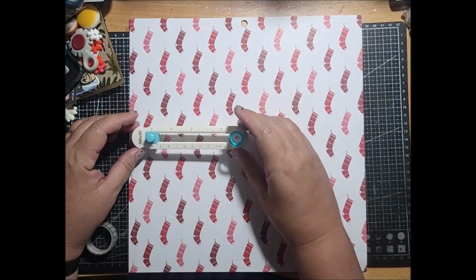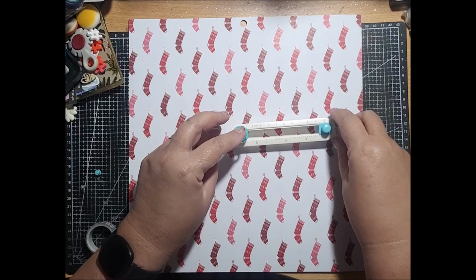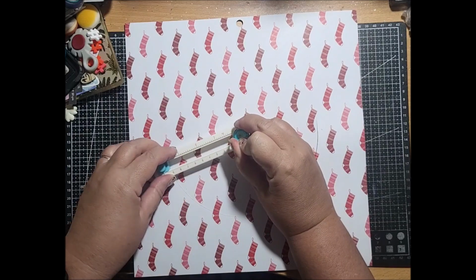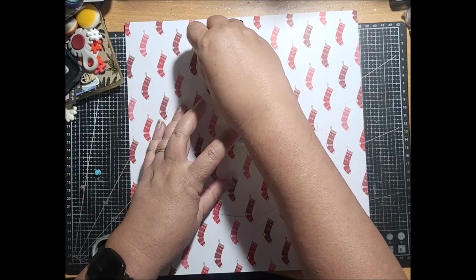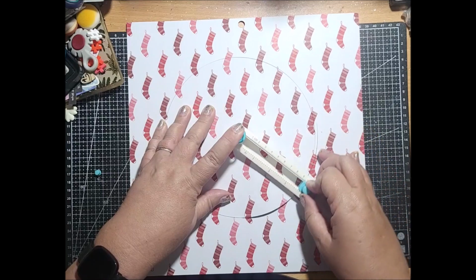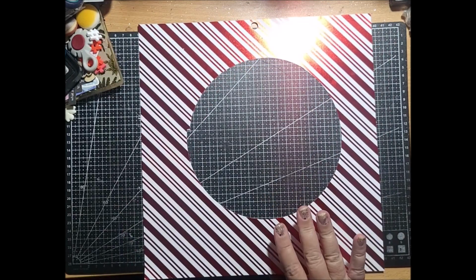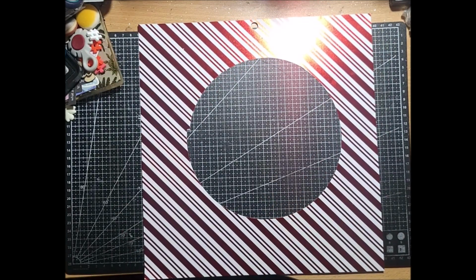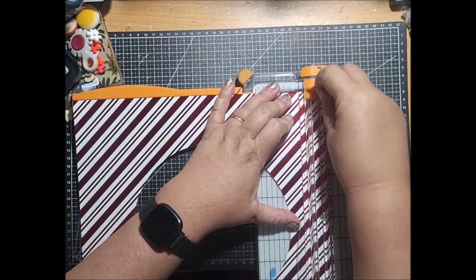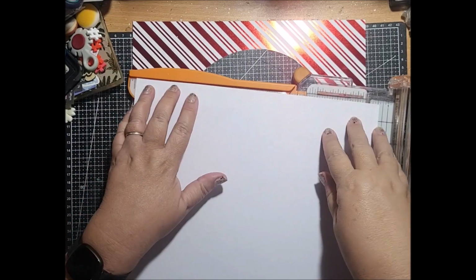So first of all, we need to cut a circle out of our papers, and I'm going to cut it out of the striped paper, and I'm using my circle cutting tool, and I'm still getting the hang of using this one. I don't particularly like it that much, but it does the job for me. I'm cutting out an 8-inch circle, so that's the size I'm using, and you could use a 9-inch or a 10-inch, whichever one is best for your layout. Then I'm also going to keep the rest of this striped paper because I'm going to use it to mount my whole layout onto by providing a border as well. So I'm cutting off the strip there to make it up to 12 by 12,